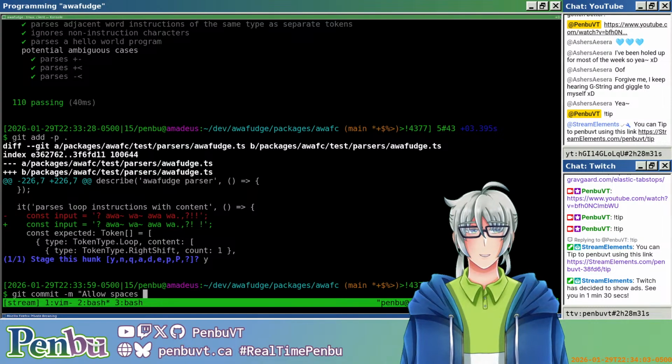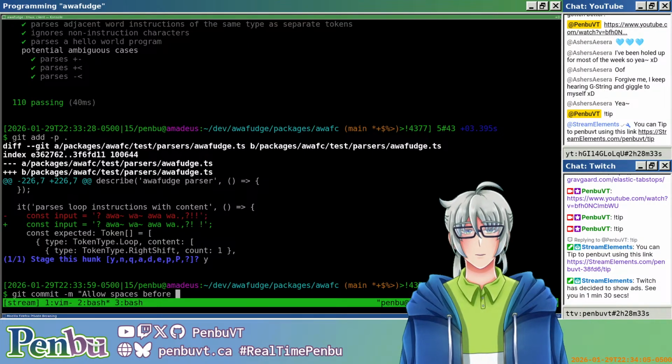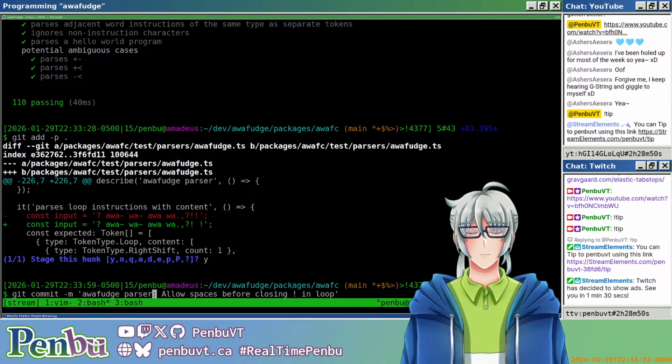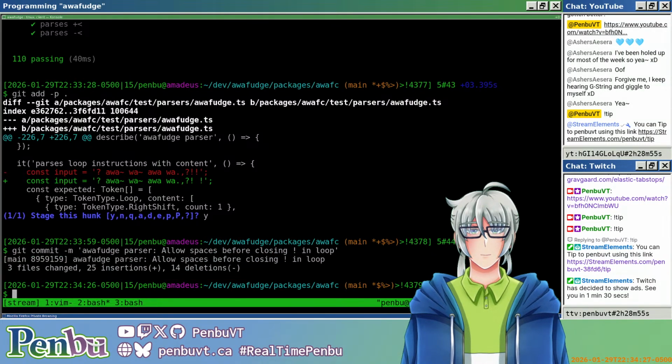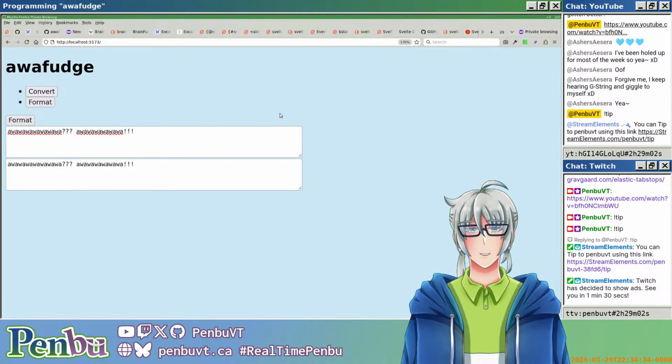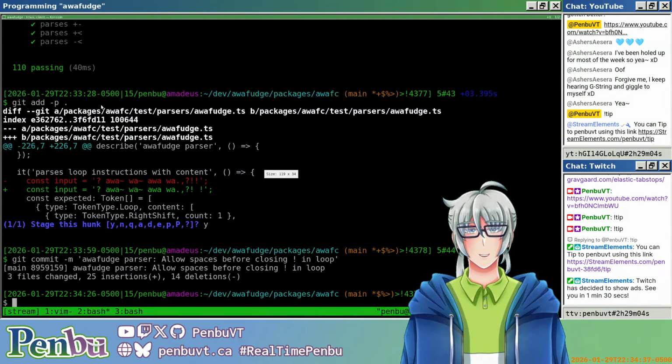Allow spaces before... okay, so that's that. That's a little bit of a detour. I said we'd fix next time, but it was quick enough that we just fix it now. Which means that